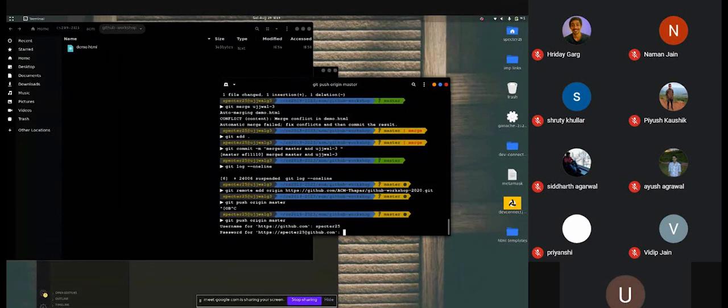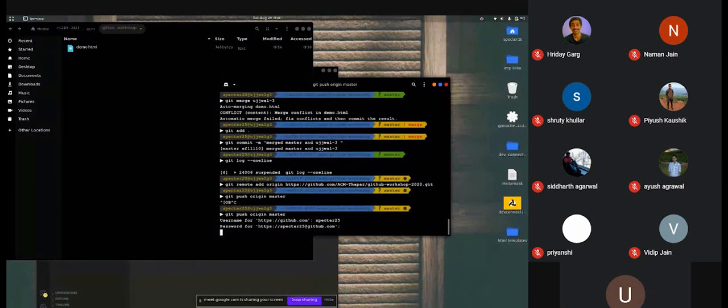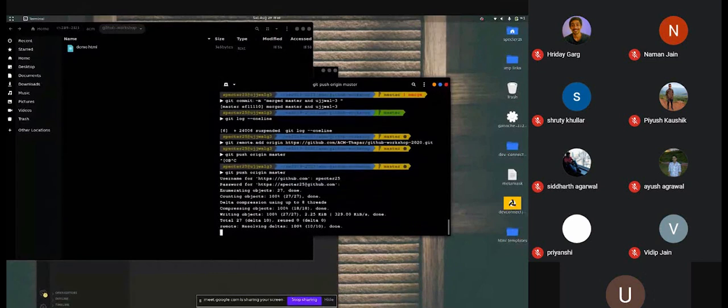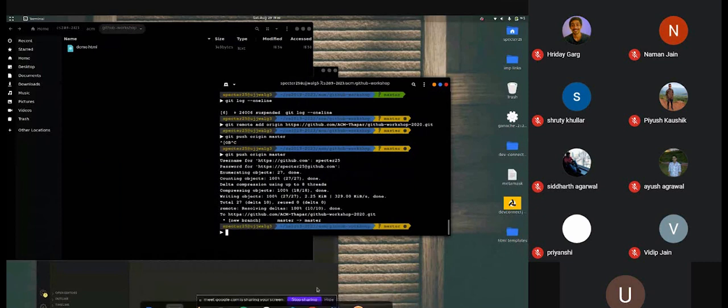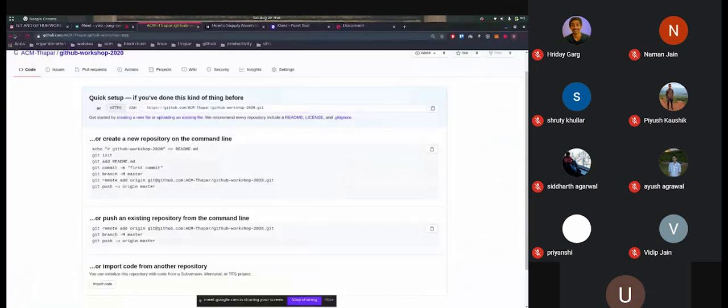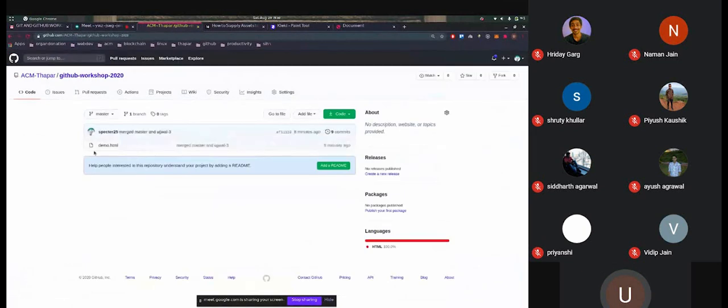GitHub will ask me for my username, it will ask me for my password, and it will push all the changes up. Let me refresh this page.